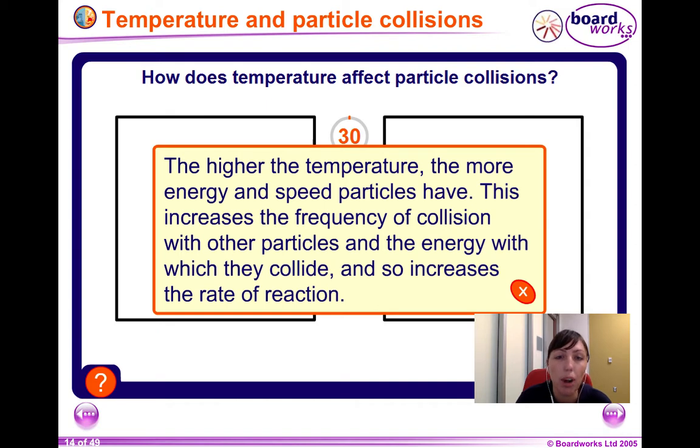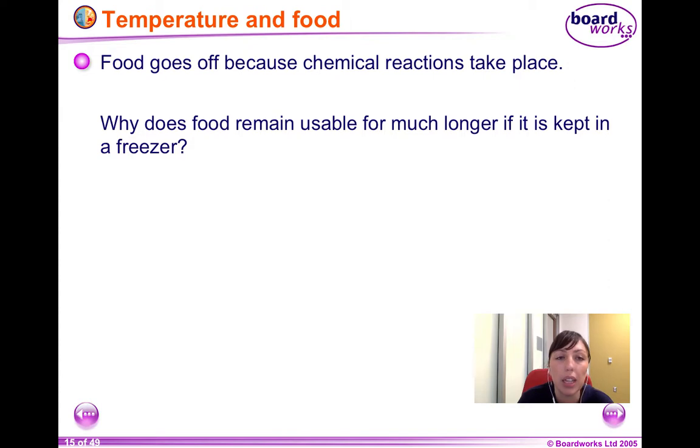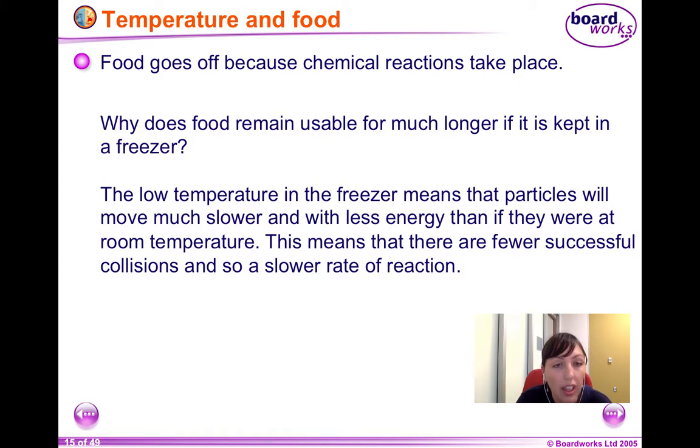So the higher the temperature, the more energy and speed particles have. This will increase the frequency of collisions with other particles and the energy with which they collide, and so it increases the rate of reaction. Okay, so food goes bad because chemical reactions are taking place. So why does food remain usable for so much longer if it's kept in a freezer? It's because the low temperature in the freezer means that particles are moving so slowly and with so much reduced energy that the particles aren't colliding, the reaction isn't occurring, or it's happening so slowly that the food is being